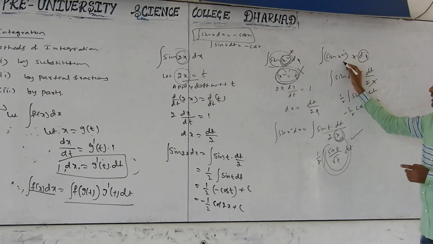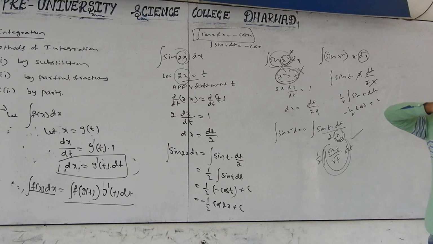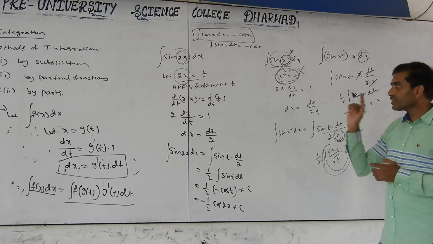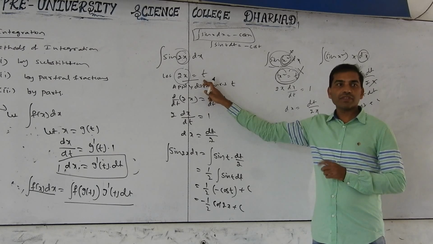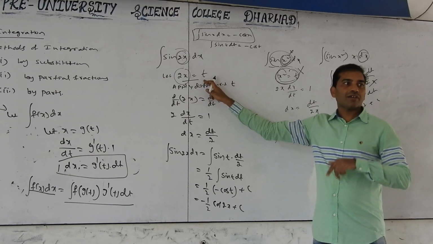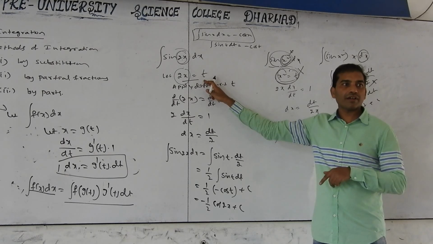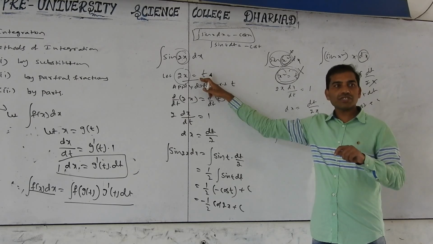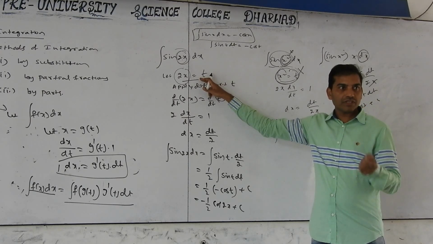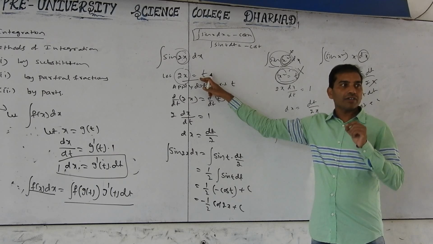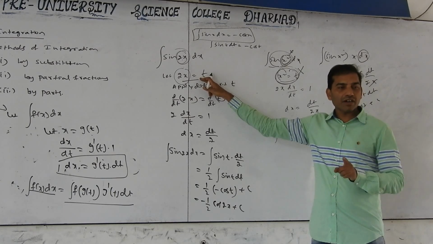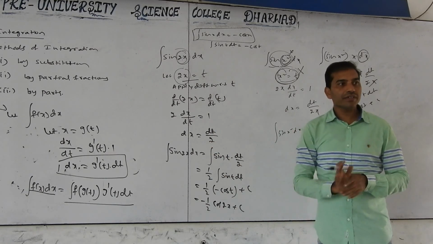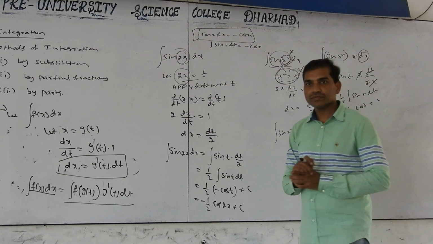Here, x square equal t, x square differentiation is 2x, 2 a constant, and the variable x is there here, then you can consider x square equal to t. This is how to do the substitution method. The first step is to verify whether it is applicable or not. From the beginning itself we come to know that. How to verify? The differentiation of what you have assumed, that variable should be there in the function. If the variable is not there, then the substitution method is not applicable. Like this.